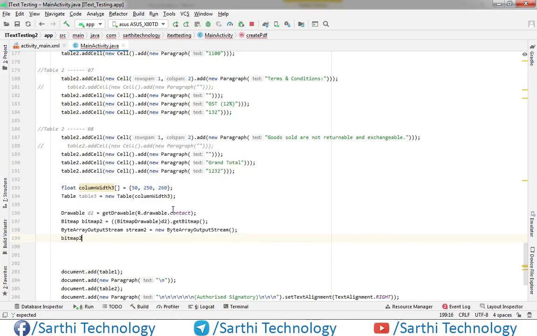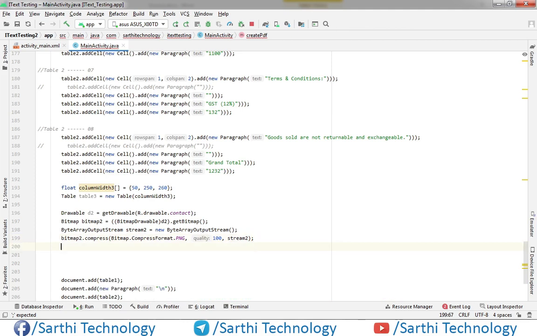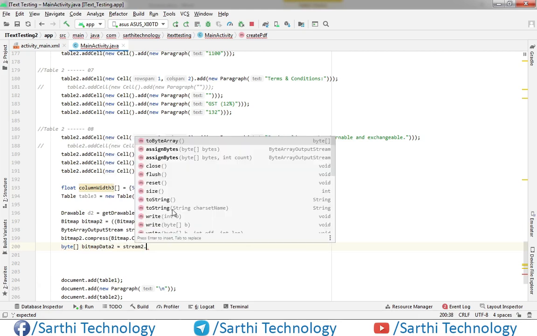Bitmap 2 dot compress, format is PNG, quality is 100 and stream 2. Okay, now create byte array, bitmap data 2, stream 2 dot to byte array.